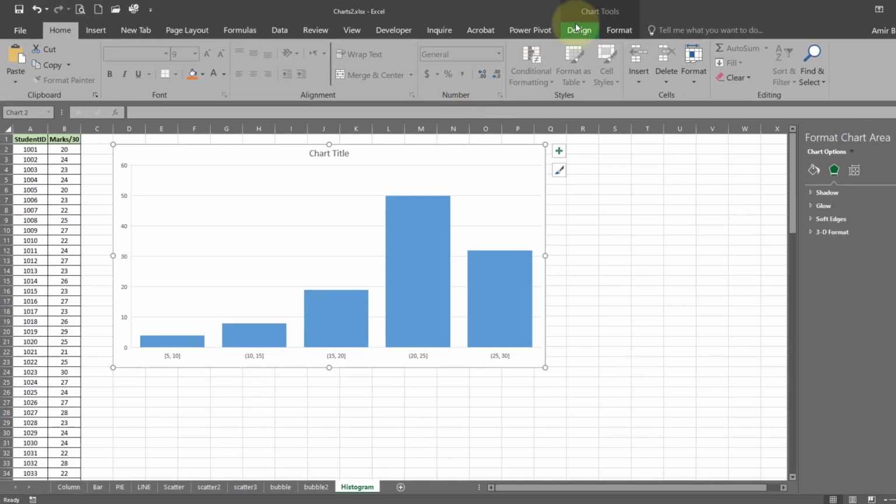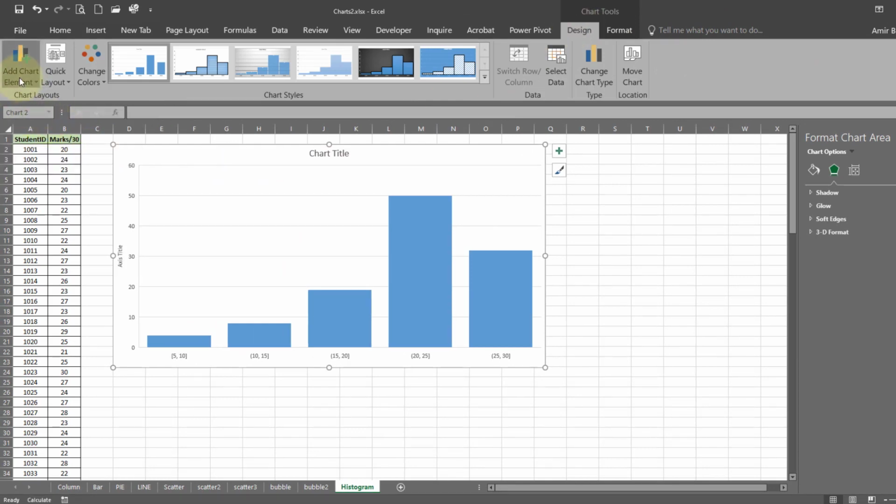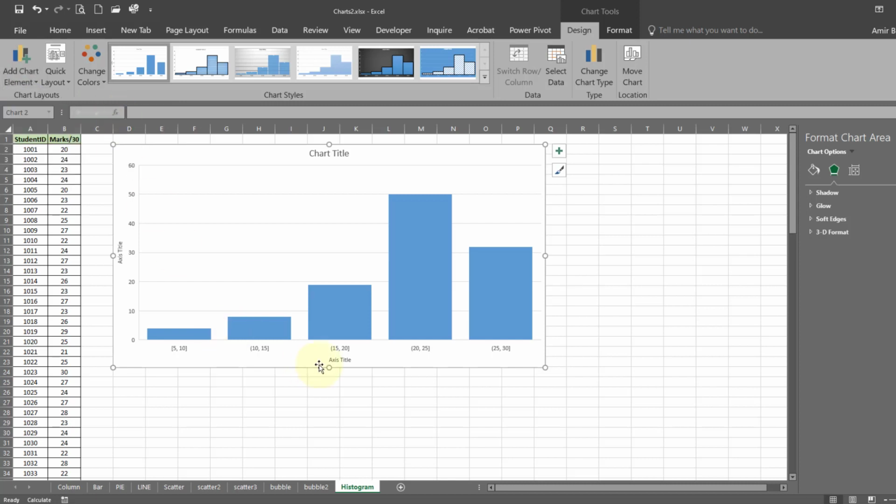And you can do some more formatting to it. We can display the titles, this one we can call marks range, while these one are the marks.